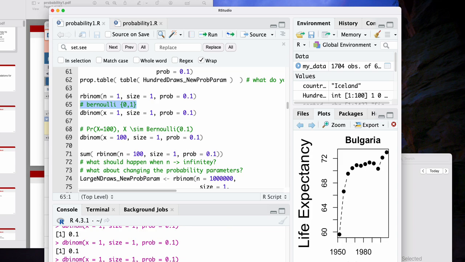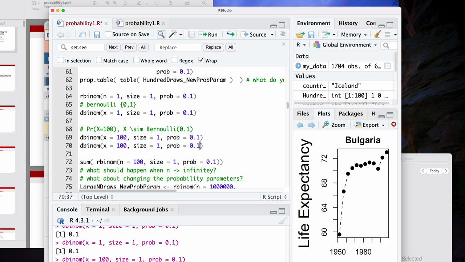Anything outside of the support of the distribution has probability 0. So in that sense, when we evaluate this distribution at 100, we're asking what is the probability that this random variable takes on the value 100, and this random variable is defined to have non-zero probability only over 0 and 1. So the output of this will be 0, because it's impossible given the structure of the system that we've defined. The probability of getting a 100 when we flip the coin is 0. So that's just a good way to check your understanding.